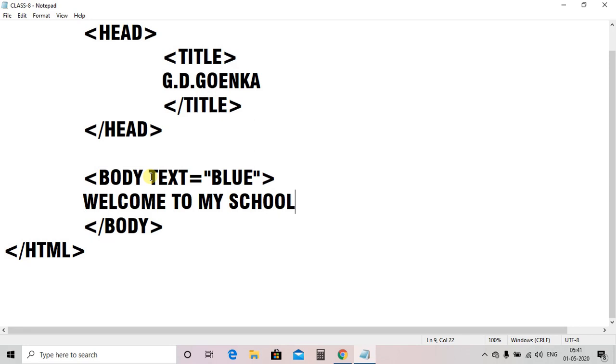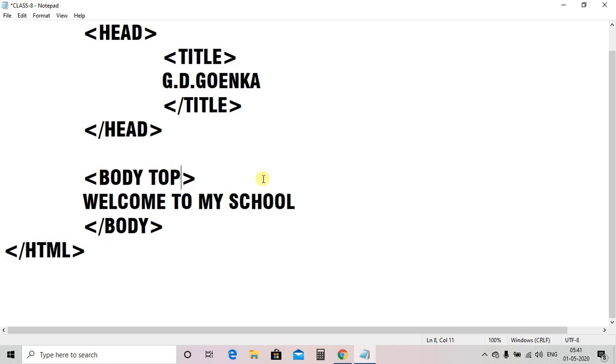That will work with another tag and attribute. Okay, we will discuss it later. But if you want your information to be displayed on the web page in a single color, you can use this text attribute of the body tag, and you can give the specific color name. Is that clear?